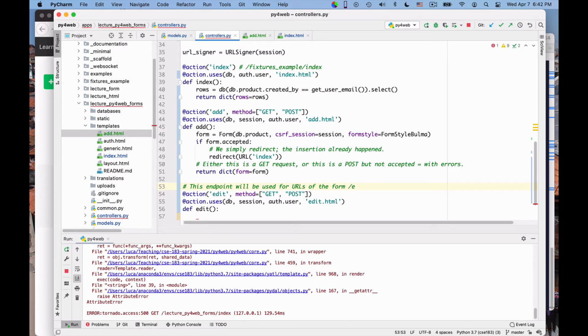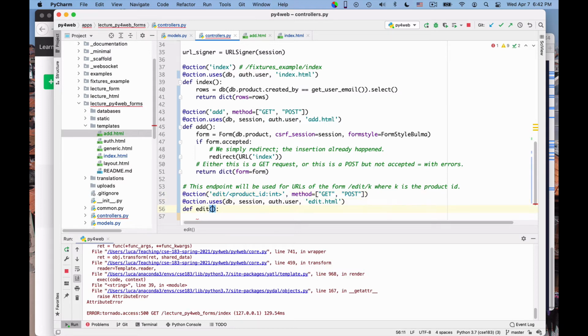So there is the application name, of course, right? But aside from these, there will be edit/k, where k is the product ID. Okay, so how do I say that? You know that the URL is not simply edit, but it contains something more. I do it in this way. Here, the endpoint, I don't define it to be simply edit, but I say it's edit/ a product ID, which is, by the way, of an integer. Okay, that's the way I say that there is a product ID.